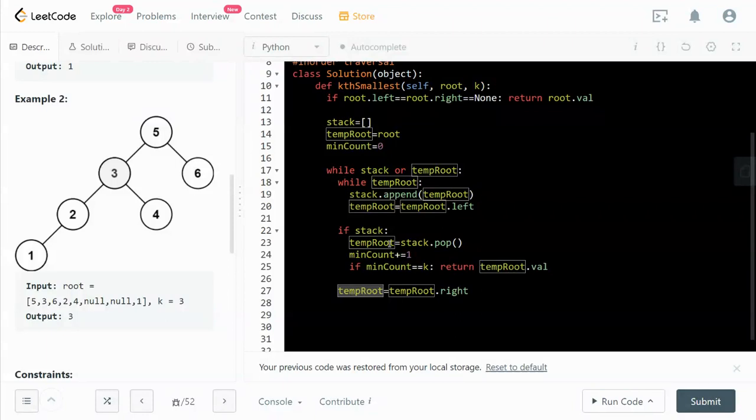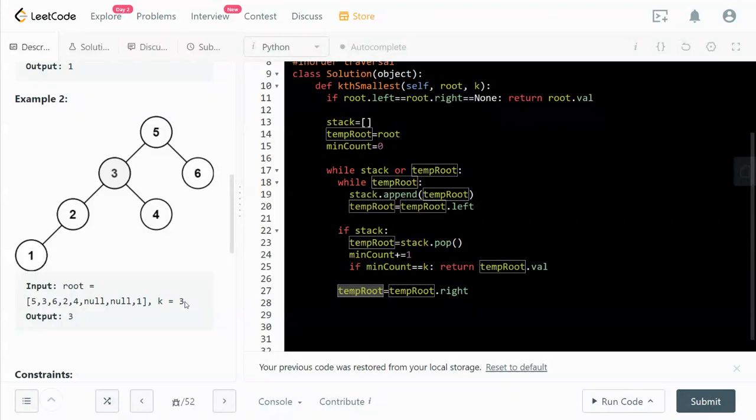And then when we are here, by popping off from the stack and then increasing our min count, we do it again. The next one we are here, and now there's something on the right, and we push it to be the temporary root, and then jump back to this while loop here. But there's nothing on the left of this right root. That's why this chunk of code is not executed for this node, and then we pop it off again. So it will keep doing that until we collect